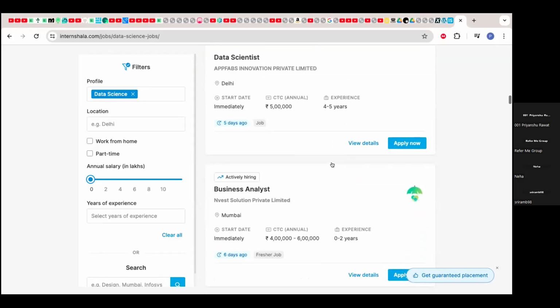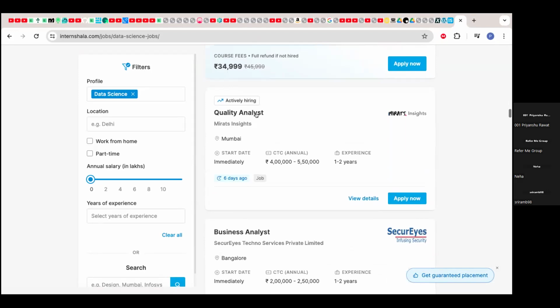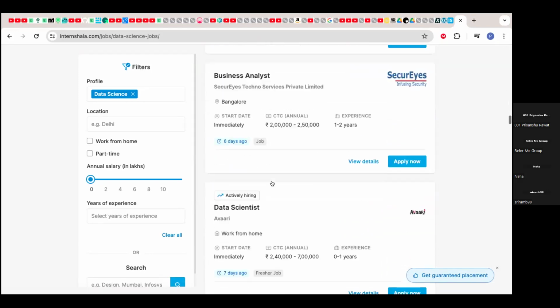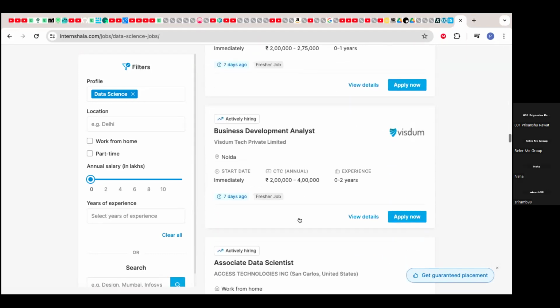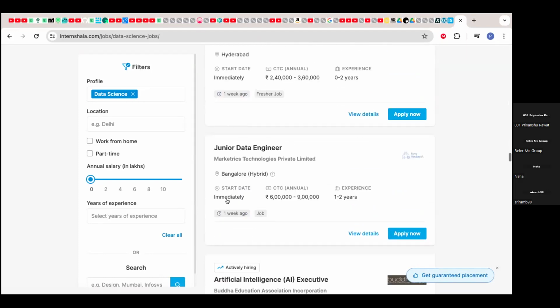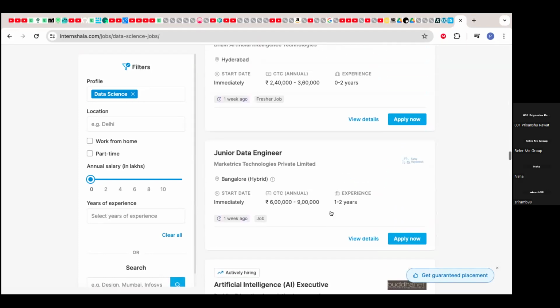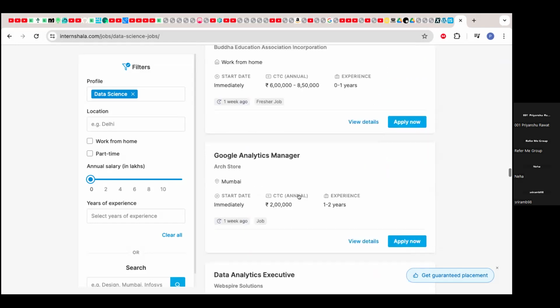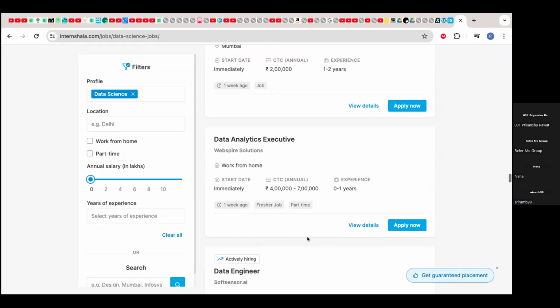This is the 4 to 5 experience, but business analyst 0 to 2 years, 1 to 2 years of quality. Business analyst, data scientist 0 to 1, artificial intelligence, business analyst development. You can see all of these are only 7 days ago, 1 week ago. 0 to 1 analyst, junior data engineer, and data analyst executive, 4 to 7 lakh CTC. Wow, see,